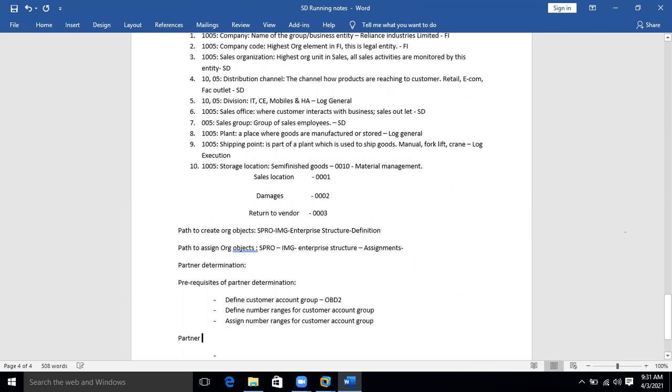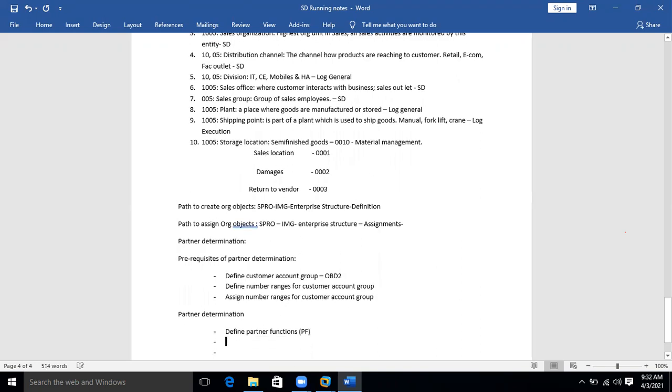After the prerequisites configuration, you have to enter into partner determination. This involves 5 steps. First one is define partner functions. We call partner functions in short PF. Then the next step is assign account to partner functions.